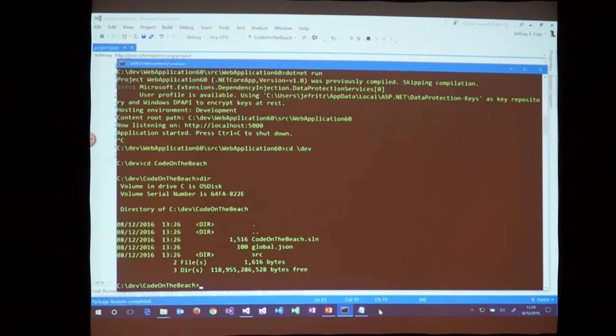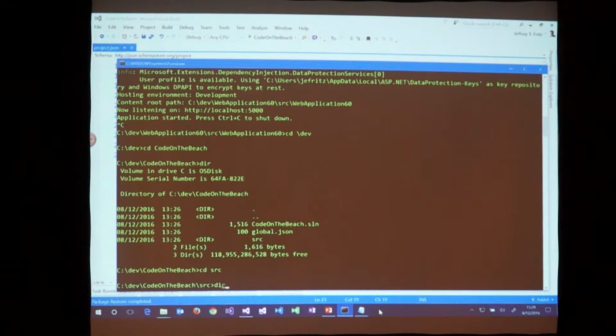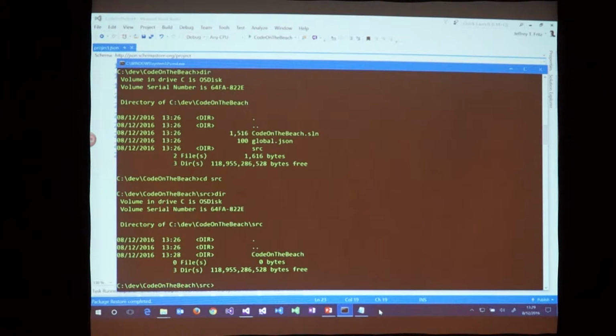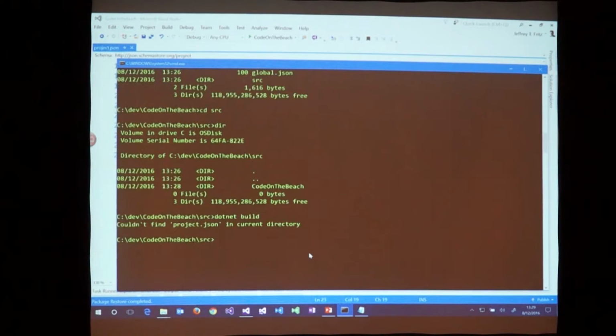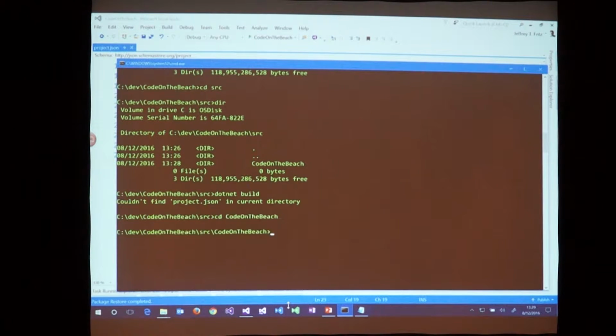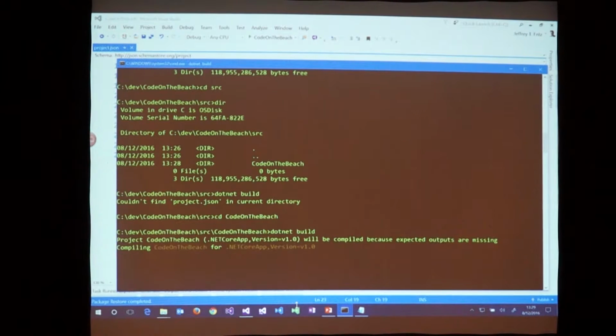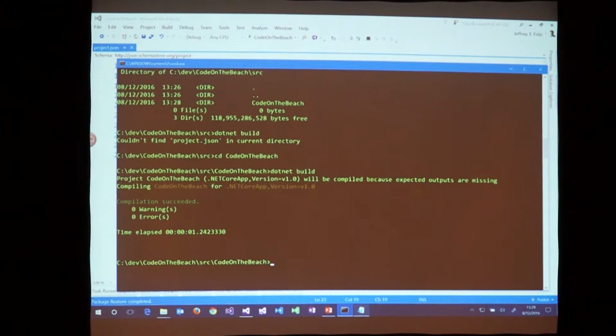Okay, and let me go down into source. So now if I build this, that's really low. I'm not actually in my folder. There it goes. Cool. So I've got that project built,